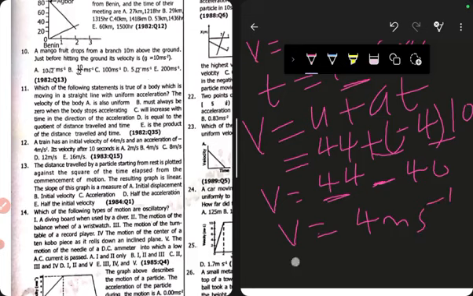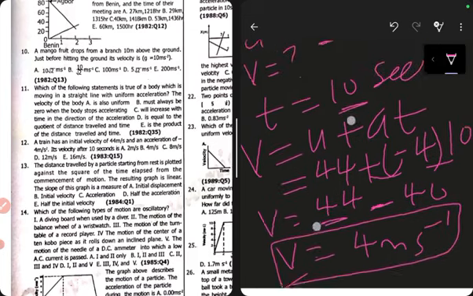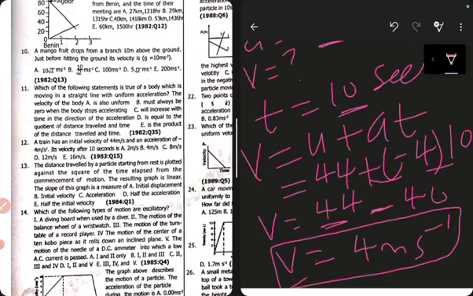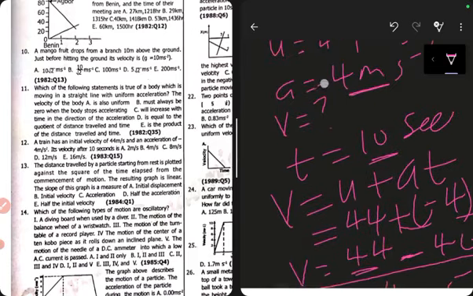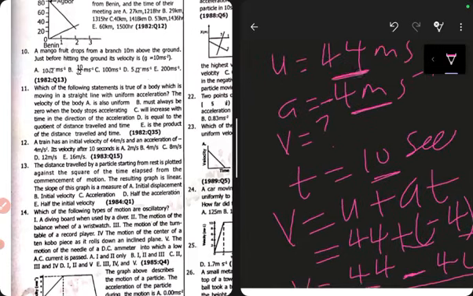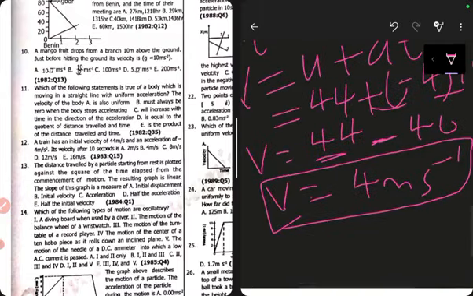Now this velocity reducing is a proof that indeed the question is well structured. Because if you look at it, they said the acceleration is negative, right? Which means it is slowing down. Now if it's starting with 44 and then its velocity reduced to 4. Now that's why you can see that in the option, in question 11, we're correct to say that, where is